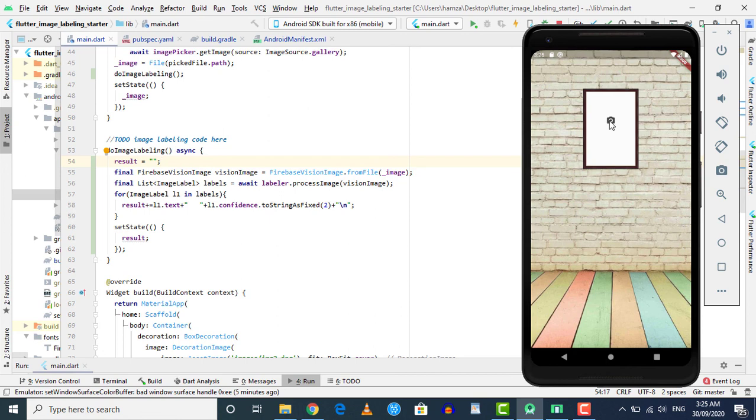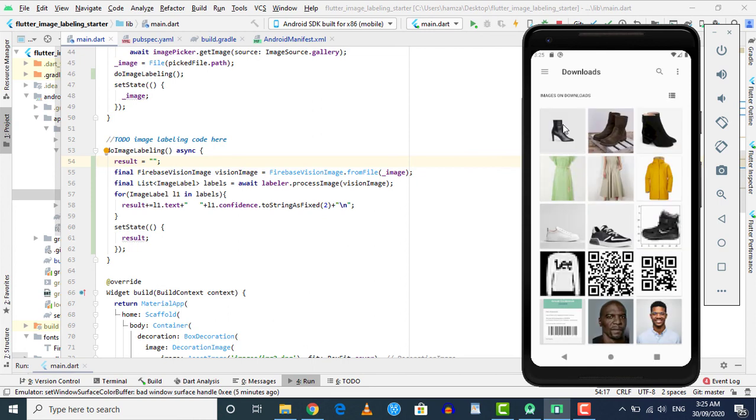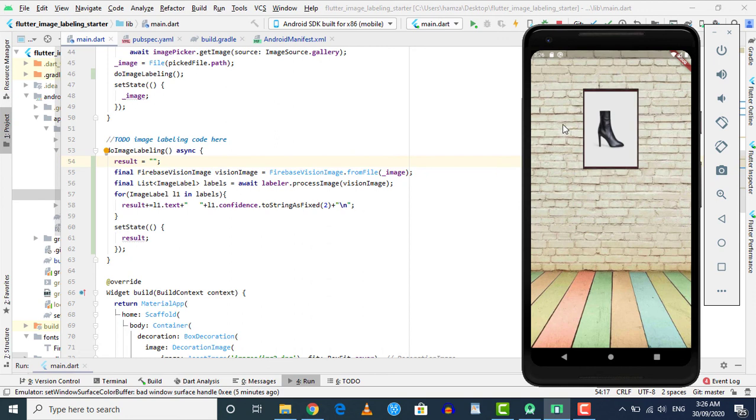Welcome to this lecture. As in the previous lecture, you have seen that we successfully created our Firebase project. Then we connected our iOS and Android apps with that Firebase project. Now in this lecture, we're gonna use a package Firebase ML Vision to add Firebase ML Kit inside our Flutter